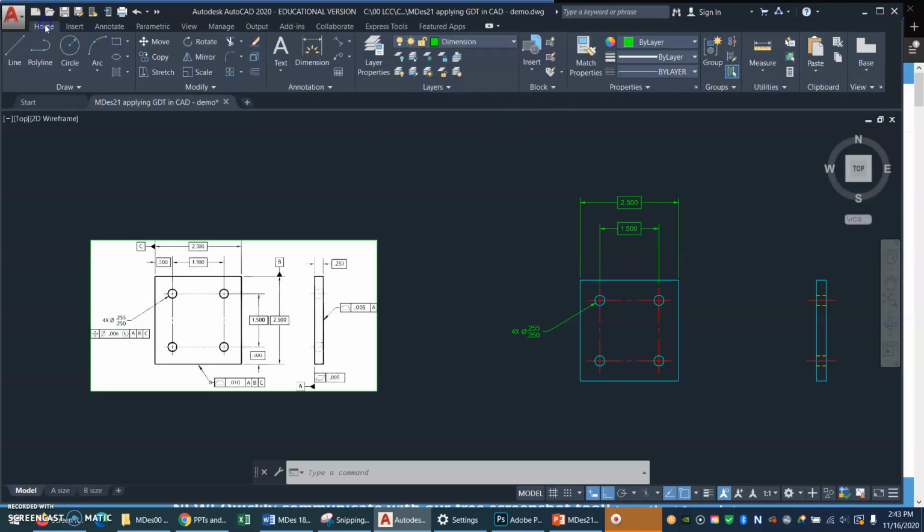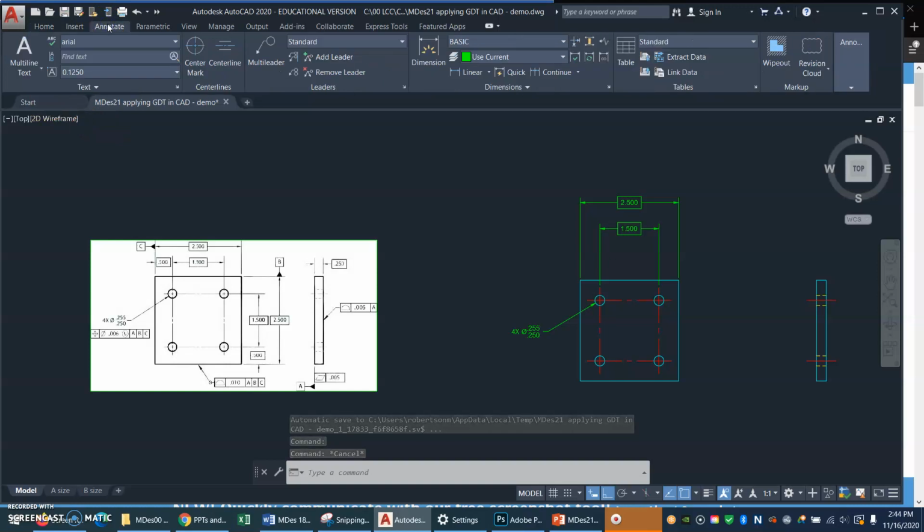Let me go back to the Home tab and show you what will not work. So in the Home tab, here's this annotation panel, and I don't know about you, but I am in the habit of dropping this down and finding the dimension method I want. Well, there's no GDT thing in there. So that's not good. And I click annotation. No, that's just the styles. That won't work. So what I've learned from this little foray is that I must go to the Annotate tab,